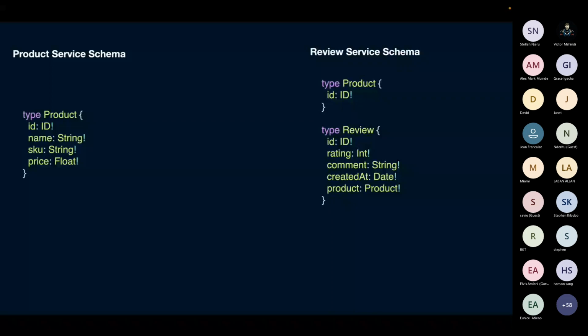The review service at this point doesn't offer anything unique in terms of the product itself. It's just that for it to get a review of a certain product, you need to store a reference of the product itself. Think of it as a foreign key if you think about databases, but it doesn't know about products. It just knows about this ID thing, which we'll look at later. Just keep this in mind.